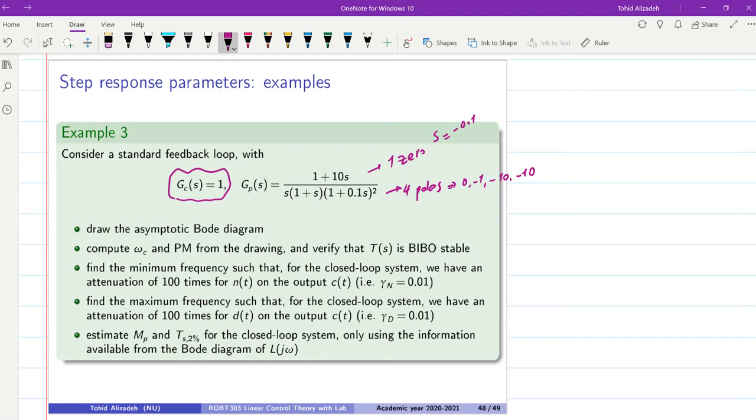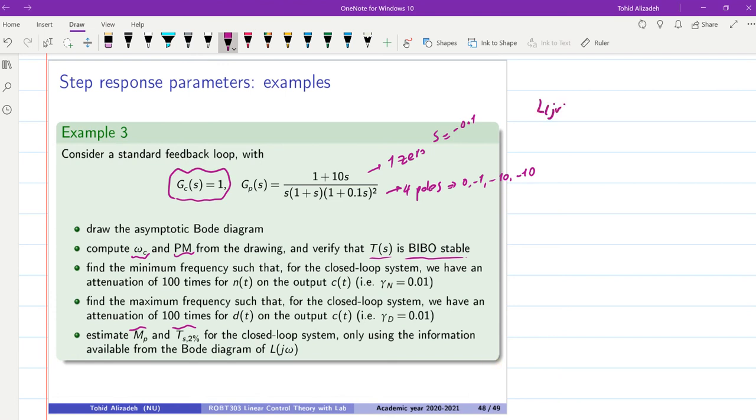Now we need to go through these steps. We need to draw the asymptotic Bode diagram and then we'll compute omega c and phase margin from the drawing and verify that the closed loop system is stable. And after that we will discuss the noise attenuation and disturbance rejection properties, and at the last step we will check the overshoot and settling time based on the approximations that we have. So let's start by